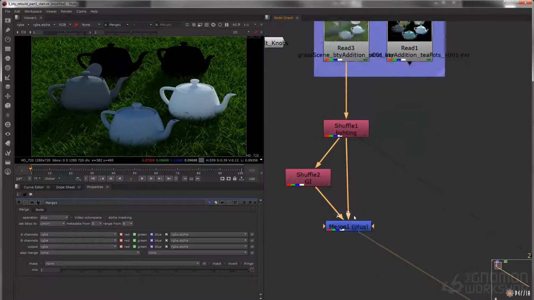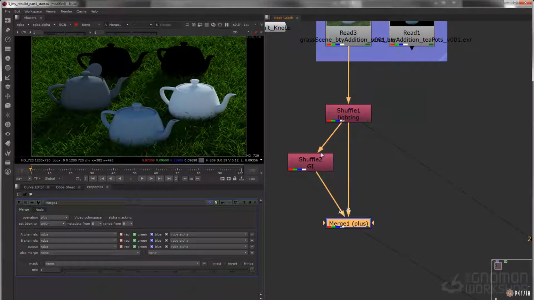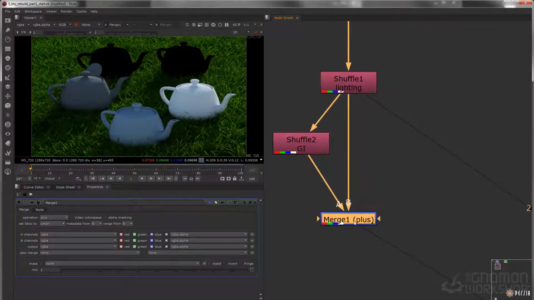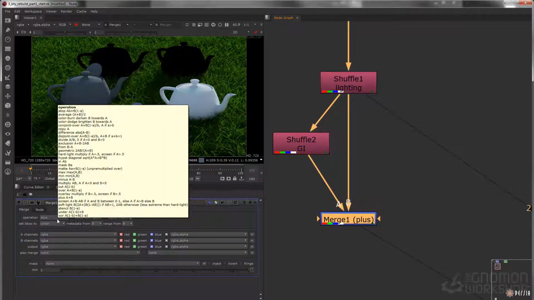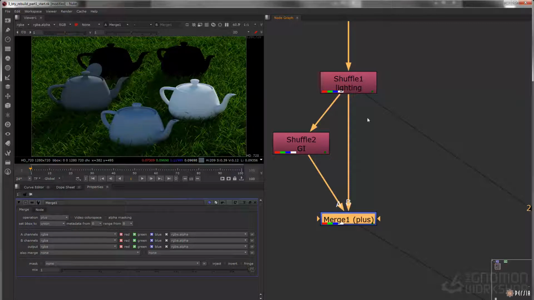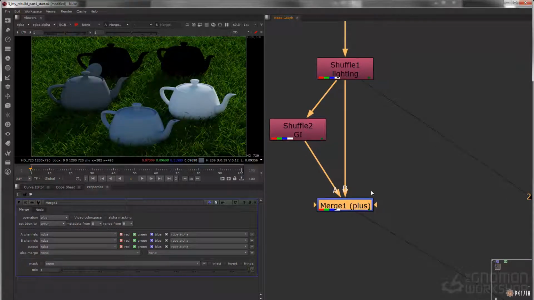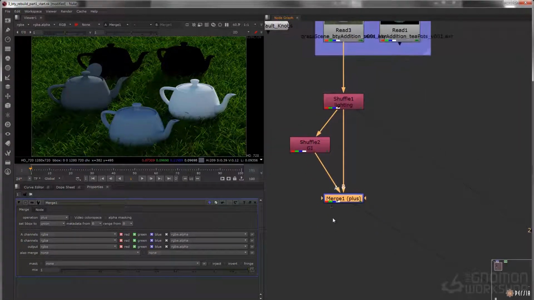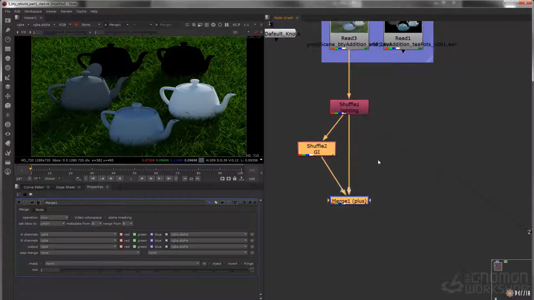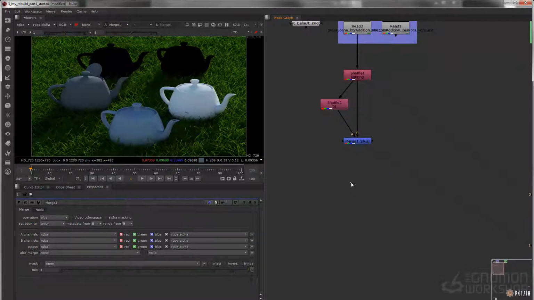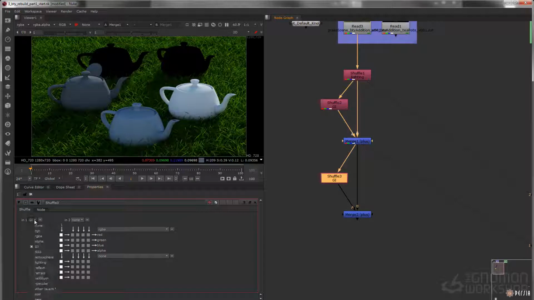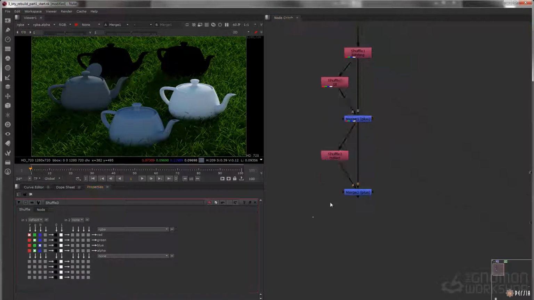So which knob comes first, the GI or the lighting? In this specific case, because we're using plus, 1 plus 1 equals 2, 2 plus 1 equals 3, 1 plus 2 equals 3. It doesn't really matter which way you add this stuff up. As long as you're adding, you'll get to the end result. So with that said, let's keep going with this. We're going to copy and paste these two, paste them, hook that up, and then switch this over to reflect. Copy and paste this again, and